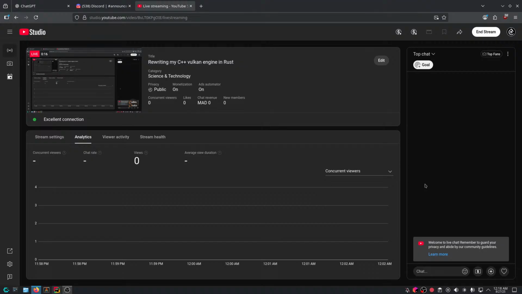Yesterday, I was struggling with my C++ Vulkan engine. I had some segfaults in release mode. It wasn't apparent in debug mode, and I tried to debug it, but to no avail. I used sanitizers. I used literally everything I could. If I had probably wasted more time on it, maybe I could have figured out a solution, but